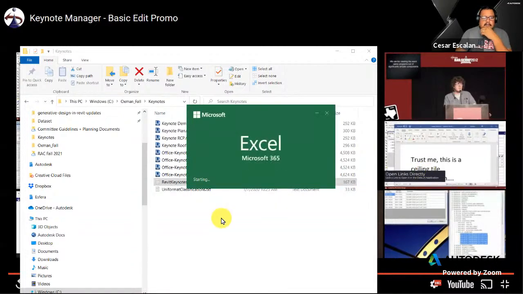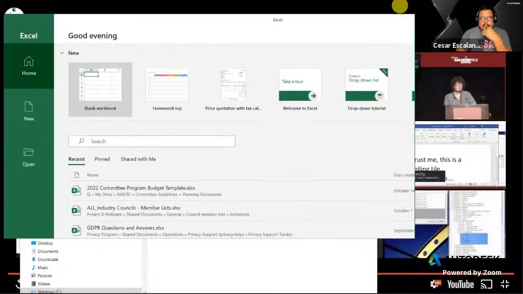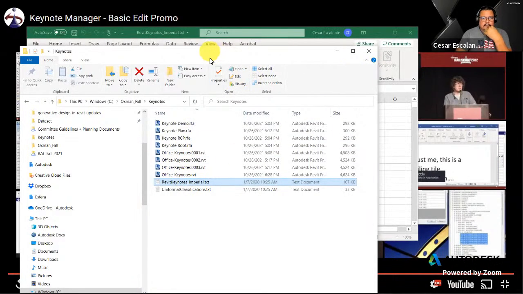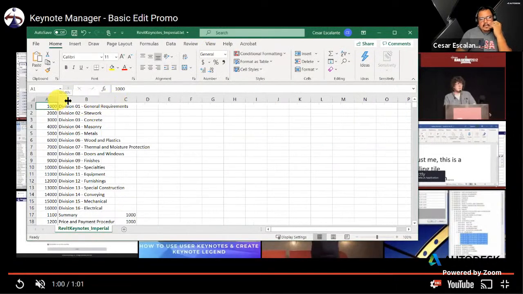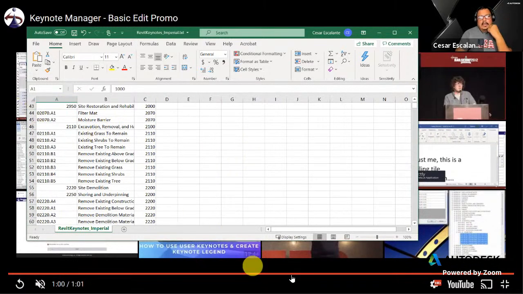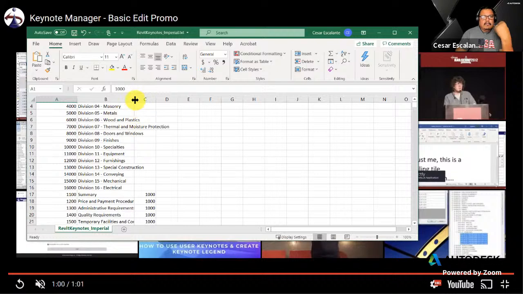I'm just launching Excel here, and let's see if I can open Excel. So this is another way of doing it using Excel. Just make sure that you save this as a TXT file. Do not save it as an Excel file. It's not going to recognize it. And this allows you to avoid hitting the tab that you can actually edit